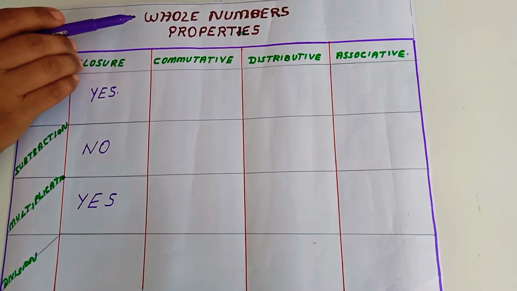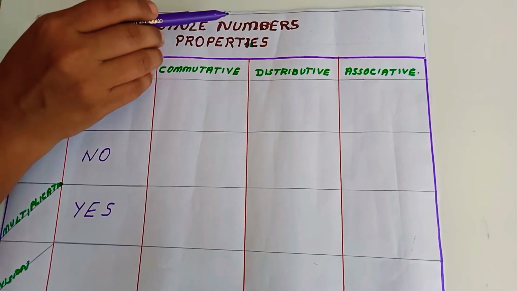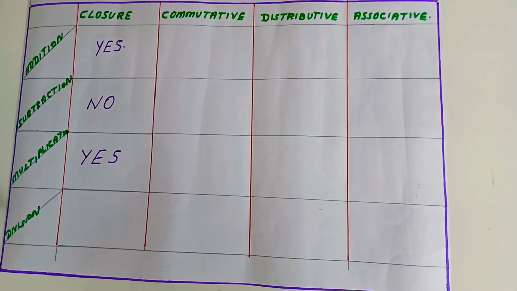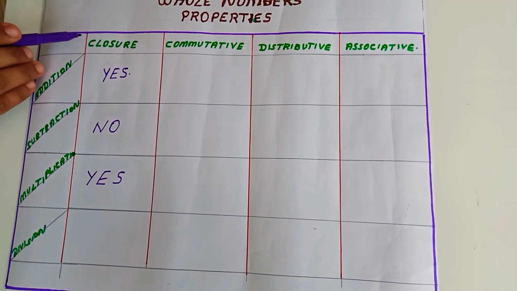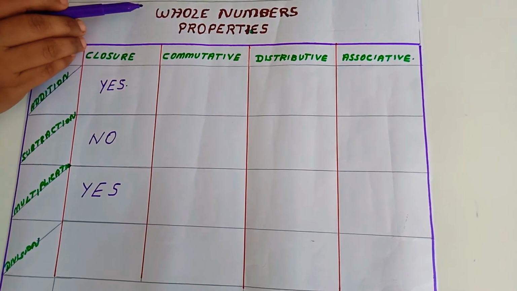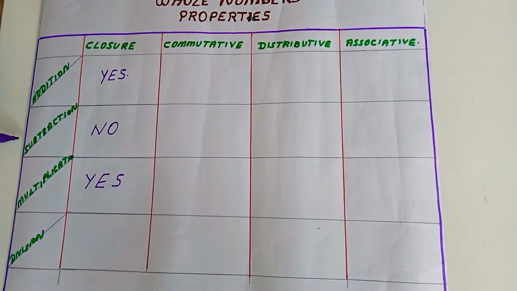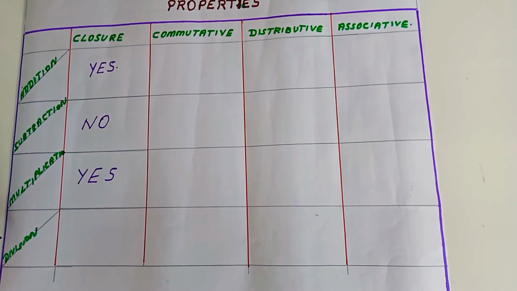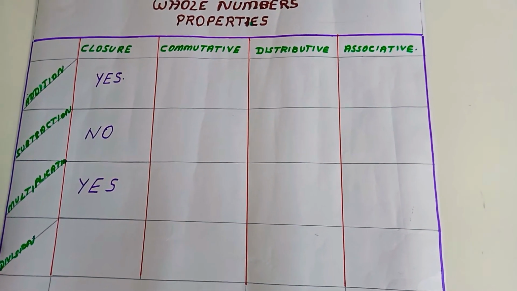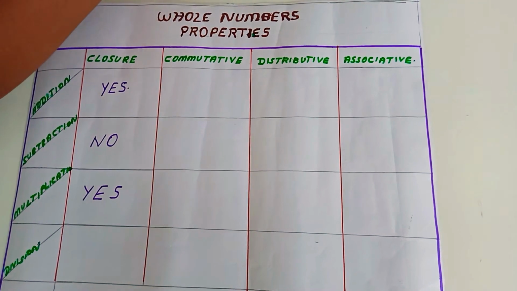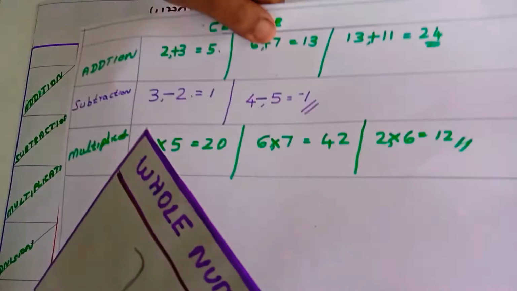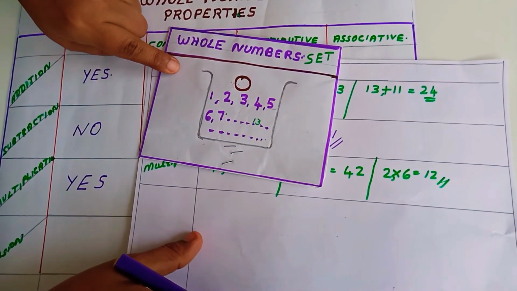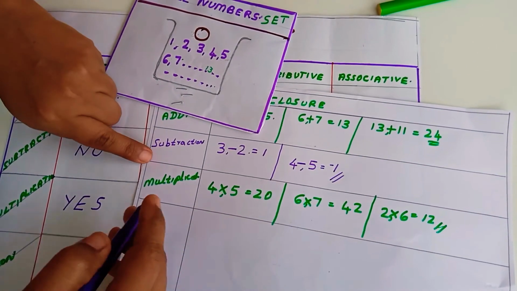Going to deal with whether whole numbers satisfy closure property under division. Till now we were discussing closure property under addition, subtraction and multiplication. Next our aim is to check whether it satisfies under division. For that, just pick out two numbers. I am taking numbers for division.